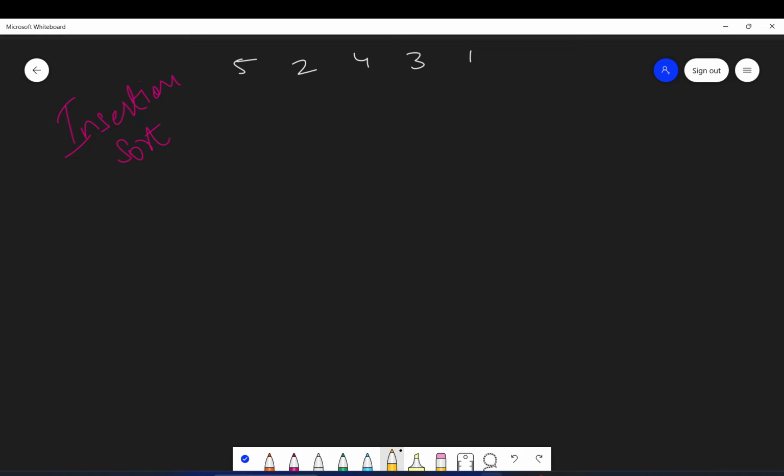You can visualize insertion sort like when you play card games. Basically, we have some cards, and some cards are sorted and some are unsorted.